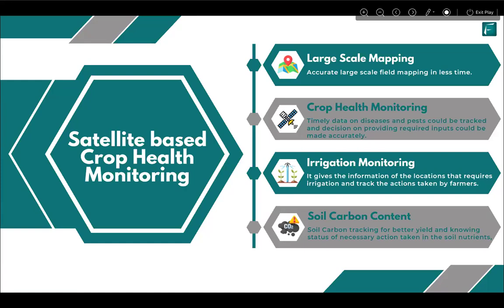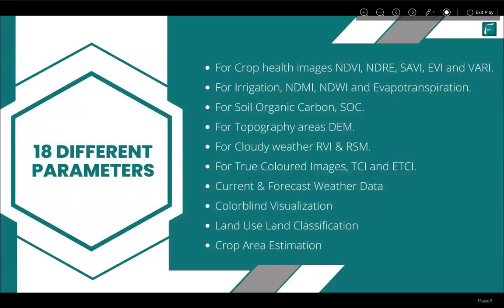So in our platform, there are multiple different parameters which are used to provide insights to farmers and organizations and startups and companies. So what do we mean by parameters? Parameters are the images or the indices which we use to provide health advisory, irrigation advisory, and so on. So we will see each and everything. I will not go into much technicality, but I will tell you what these are and how these are